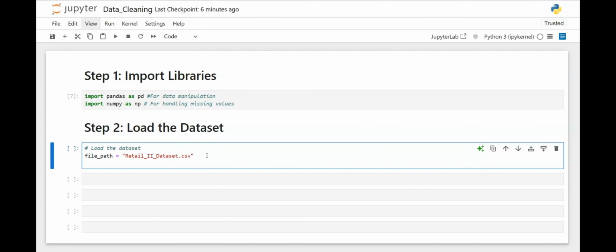Now I want to call this data. So I'm going to call it data. You can call this whatever you want. You can call it DF. I've seen people doing that. You can call it whatever you want, but in this case, I'm going to call it data. And I'm going to use pd.read_csv. And I want it to read my file path,